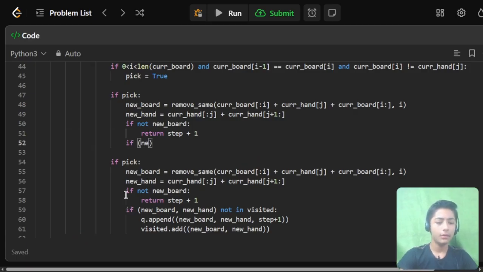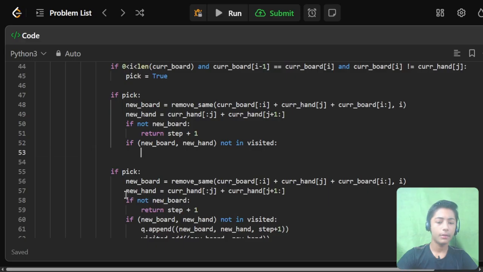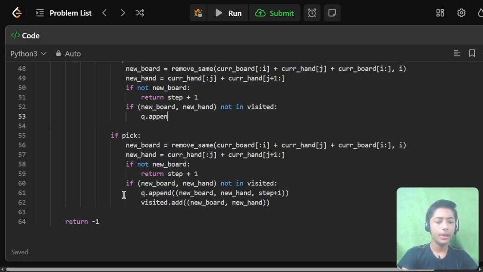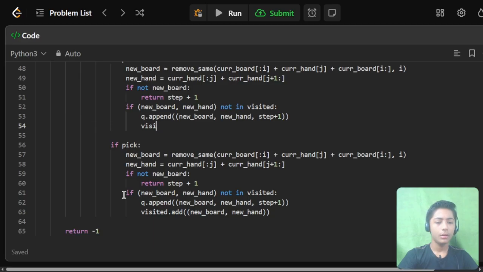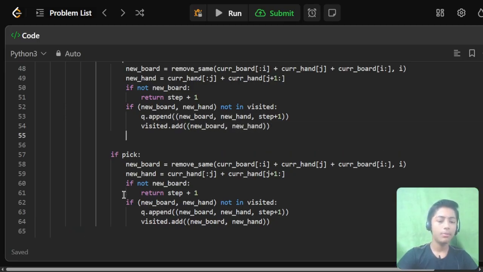If (new board, new hand) not in visited: q.append((new board, new hand, step + 1)), and visited.add((new board, new hand)).